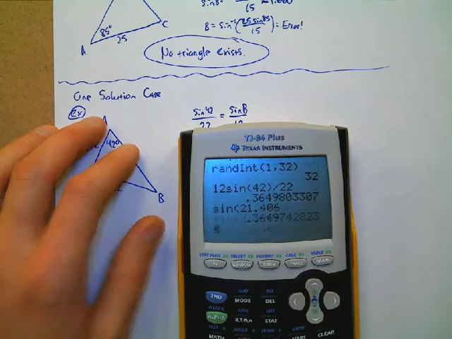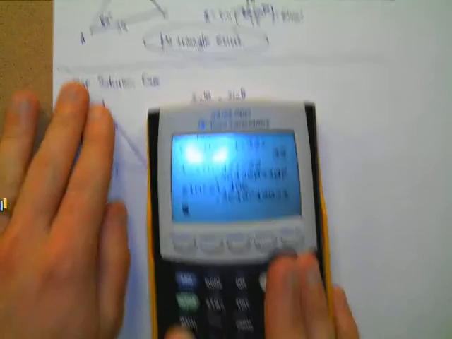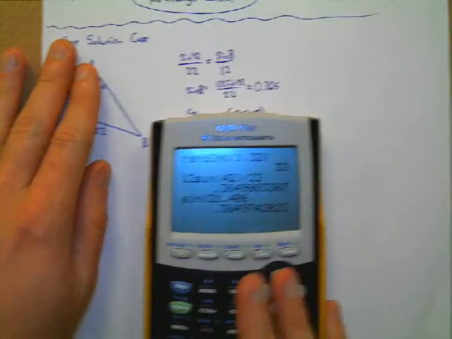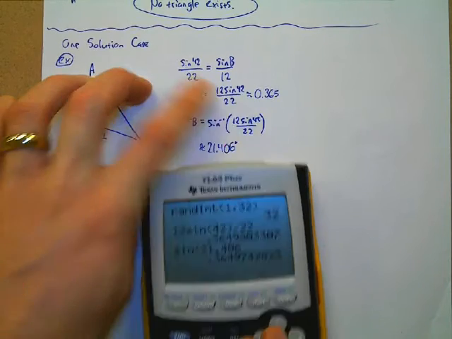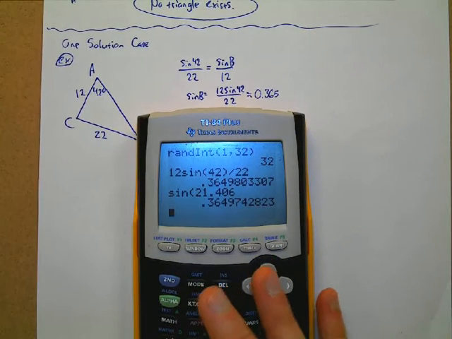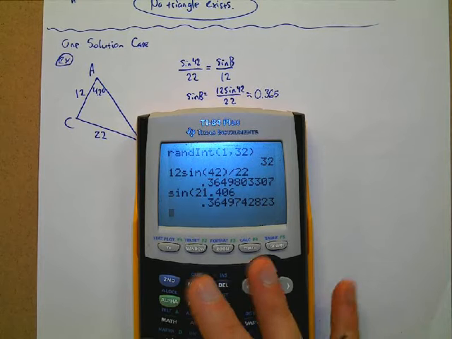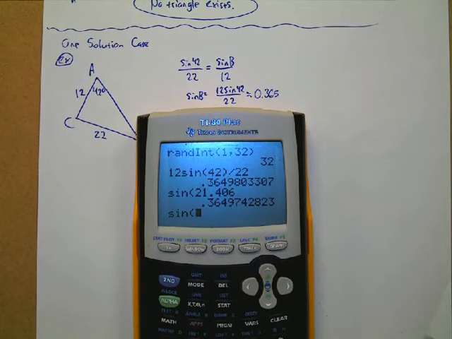You see it, 21.406, that angle. If we take the sine of it, we get back to that 0.365. But like I said, this is where this second possible triangle comes into play, because there's another angle. If you take the sine of the supplement, all right, so sine of 21.406 is this decimal,